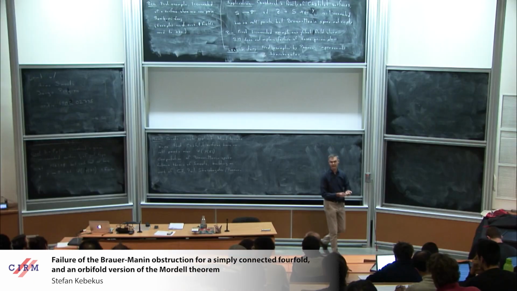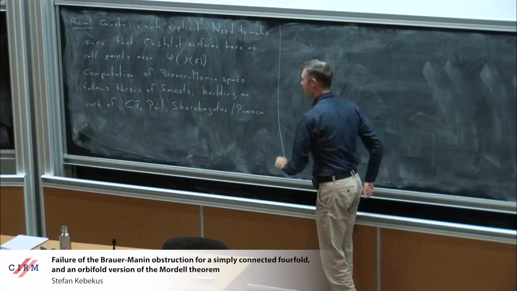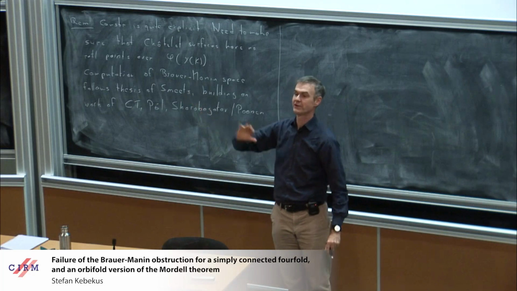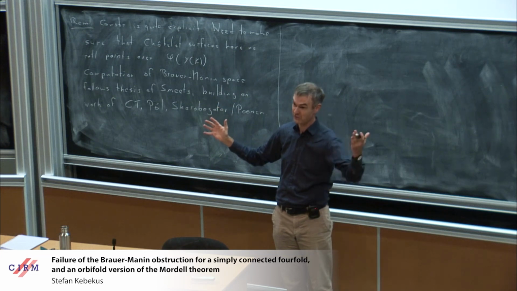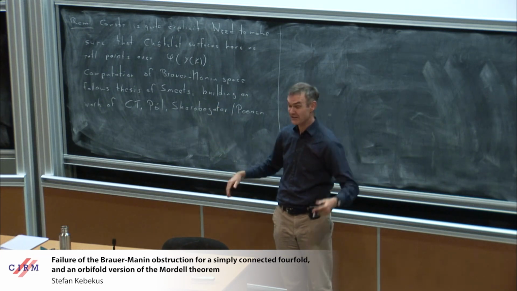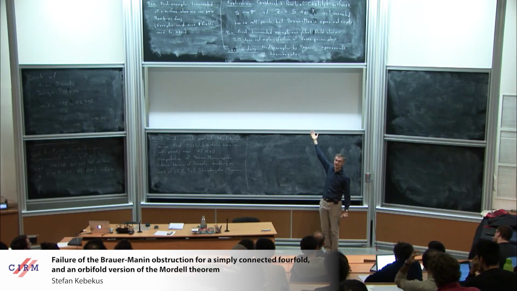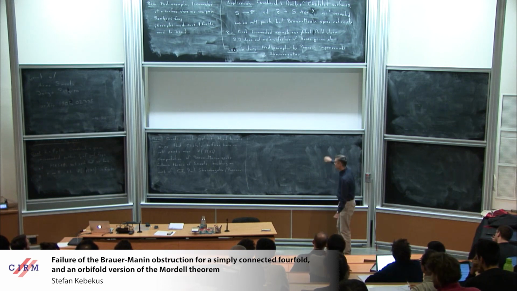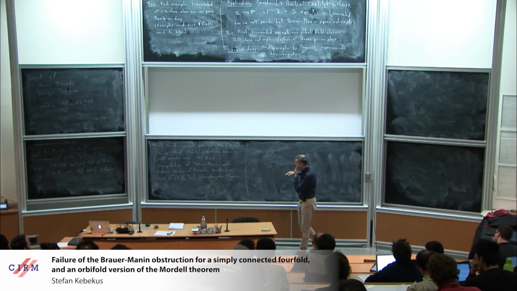Yep. Can you please just recall what you call the Brauer-Manin set? The space where all the rational points would give you elements. If that space is empty, then you know you have no rational points. And here, we have no rational points, yet we have a space of potential Brauer-Manin classes. Right, so this is basically the application that I have in mind.